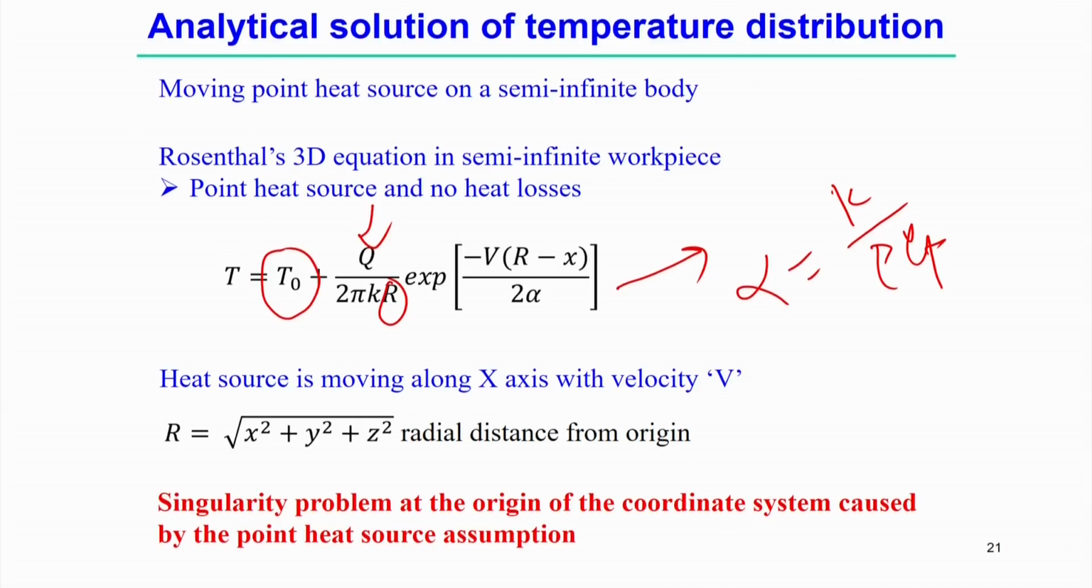And here you can see that in the solution of Rosenthal's equation, in the case of the steady state solution and assuming the point heat source, we will not be able to find that solution exactly at the origin of the coordinate, because singularity problems also arise from this type of solution of the steady state equation. So, with these assumptions,